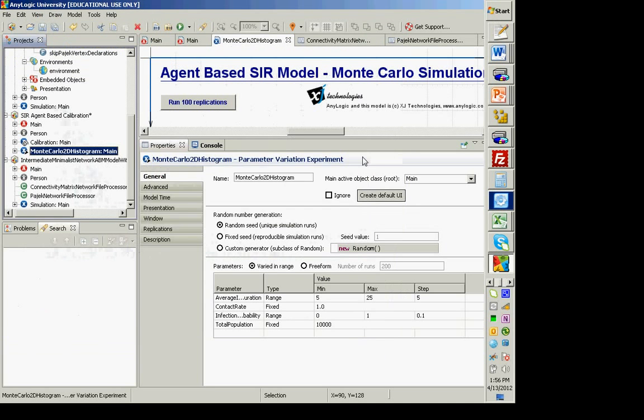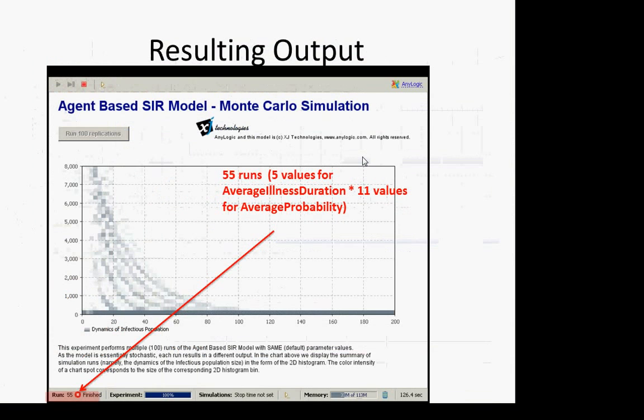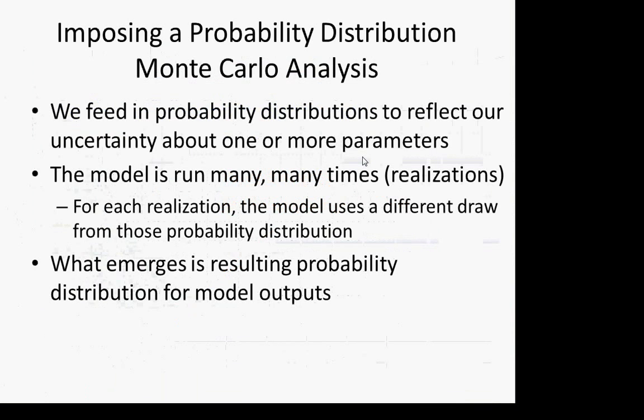Okay, so we're going to now be examining the issue of imposing probability distributions on parameters. So what we've been doing is examining systematic variability